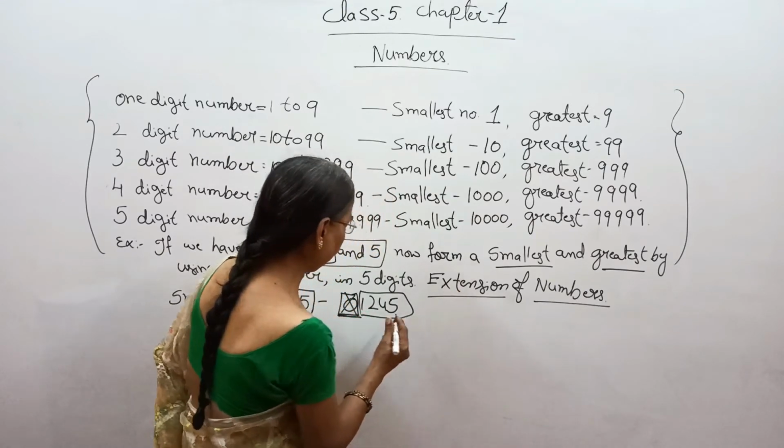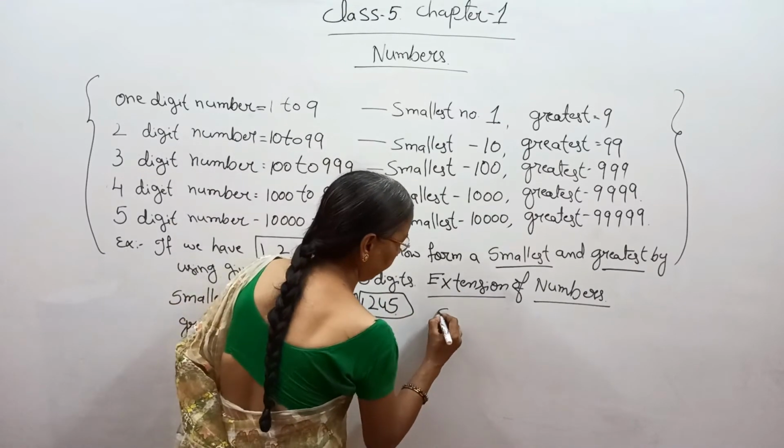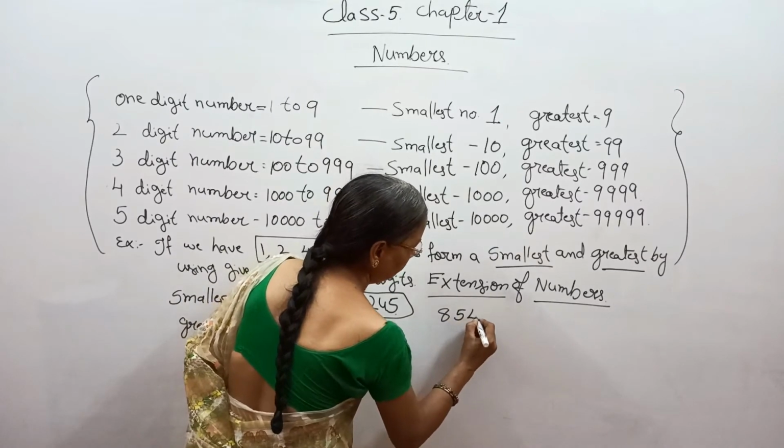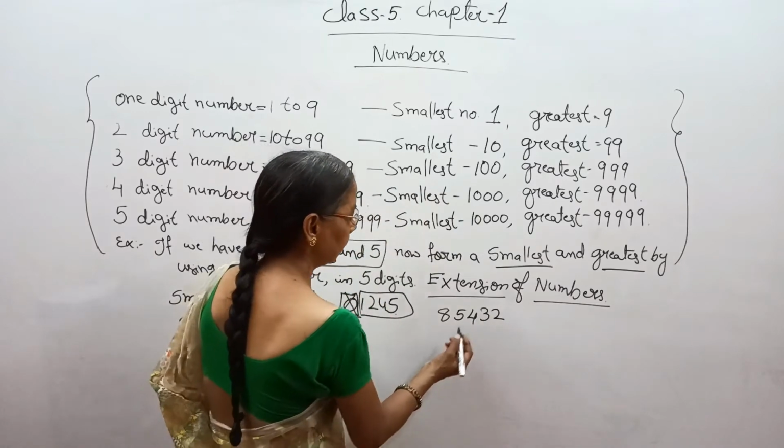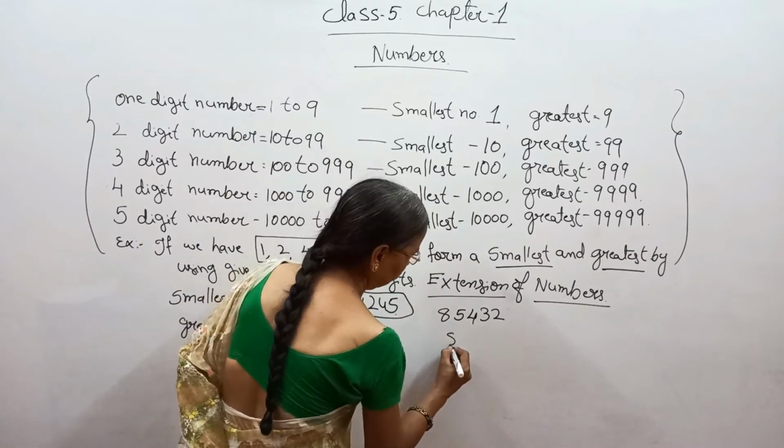That is, if we take 8, 5, 4, 3, 2, then simply we have to extend it: